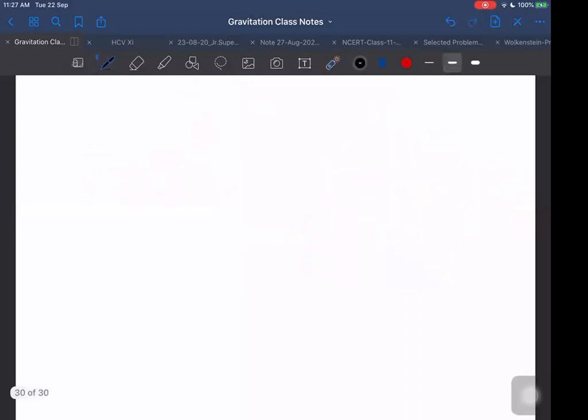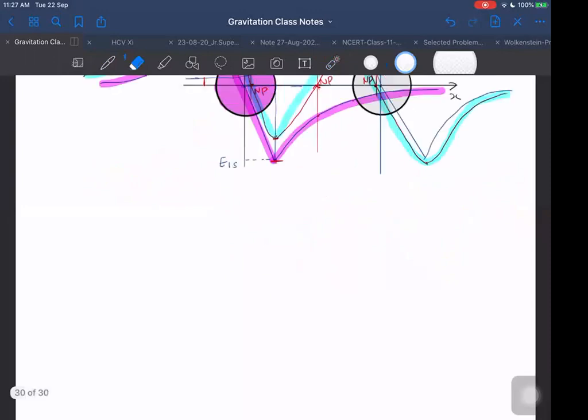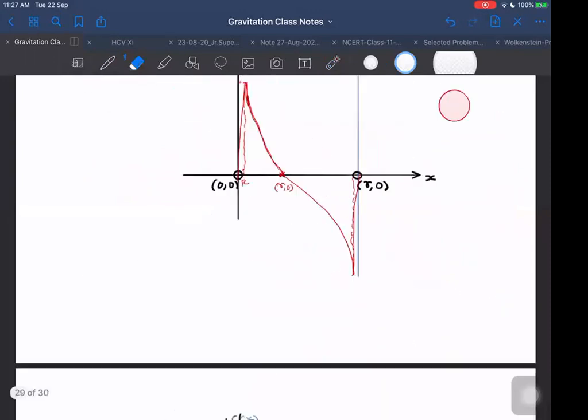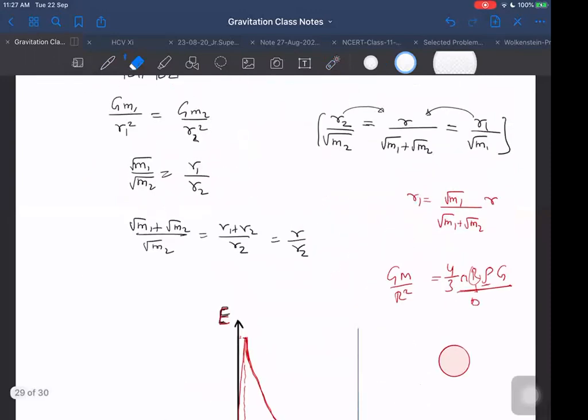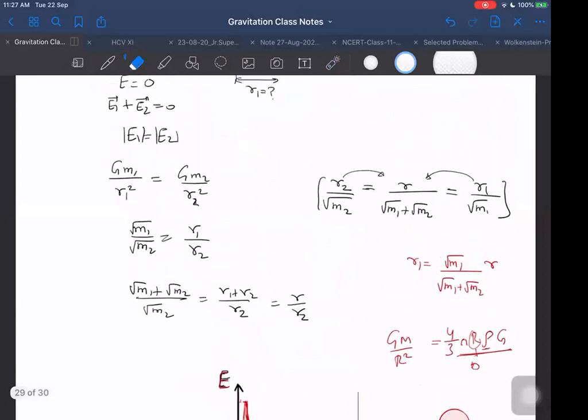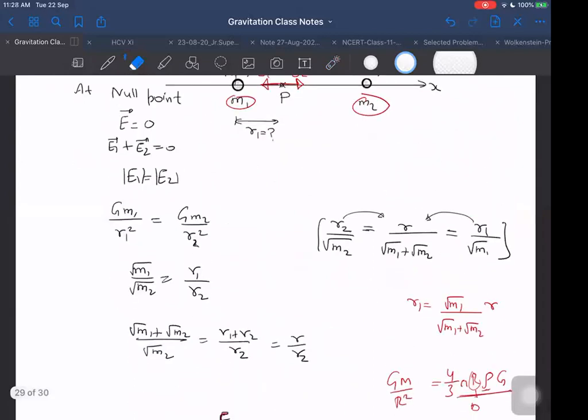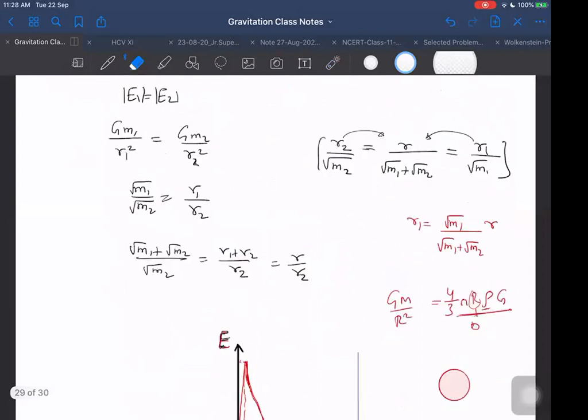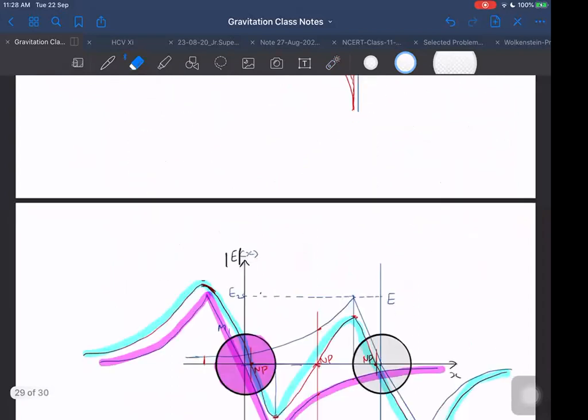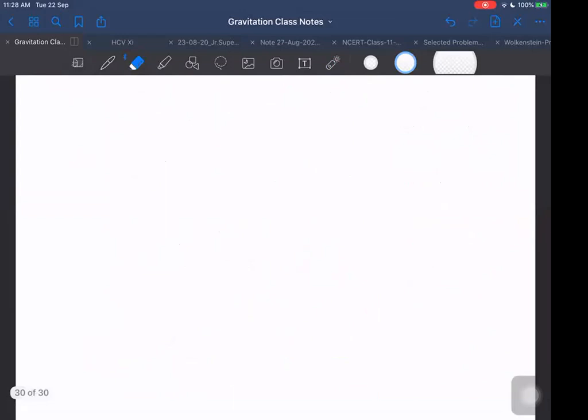Now, tell me how to find the null point for three masses. Okay, one more thing. Is the null point the same as the center of mass? No, the center of mass is different. Remember it. It has a different ratio here. The center of mass will be M1 R1 equal to M2 R2. But here we are getting root M1 into R2 is equal to root M2 into R1. So it is much different from the center of mass. Okay. The null point is not the same as the center of mass.